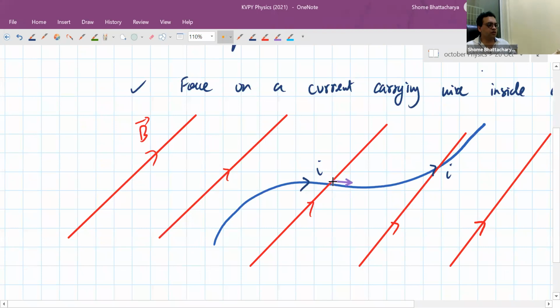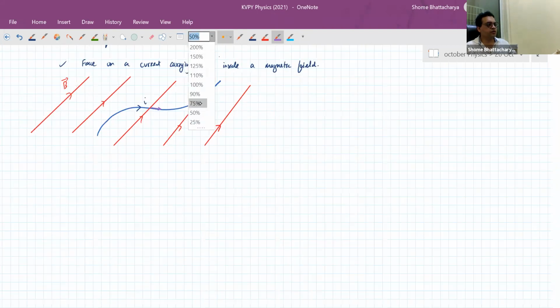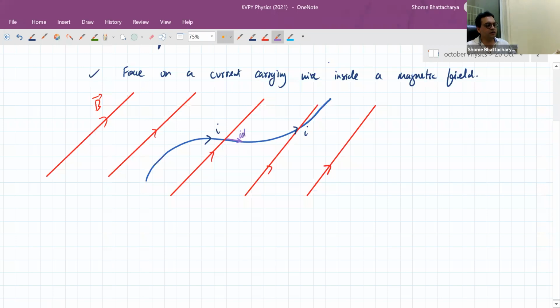If you cut a small differential section of the wire whose length is equal to dl, and you multiply that length dl with the current along that wire, then we get what is called a current element. So we have a current element I dl, which we denote with this kind of symbol, which is basically I into dl multiplied by a certain unit vector.